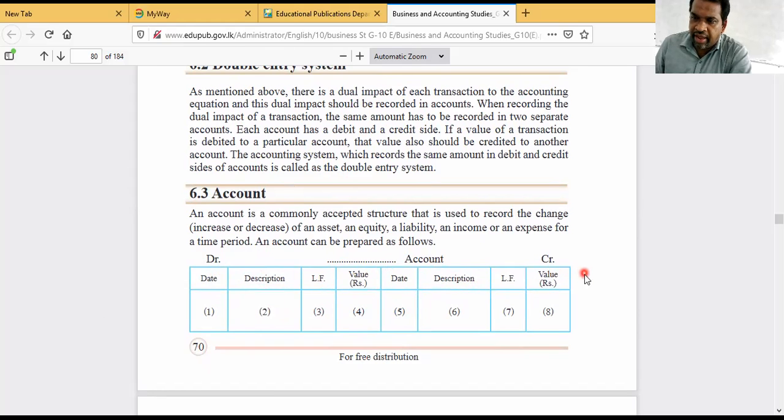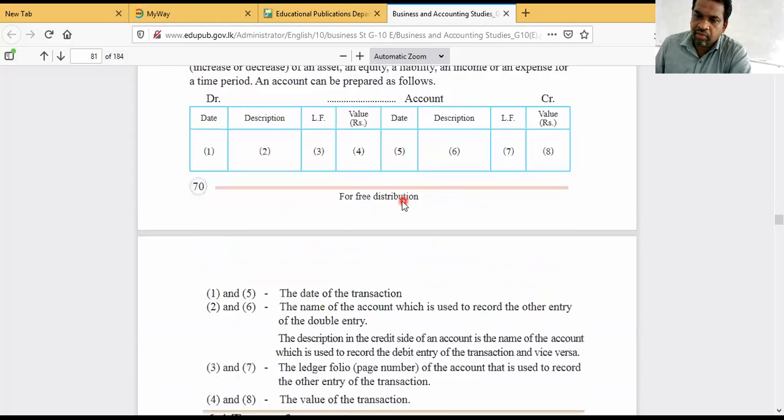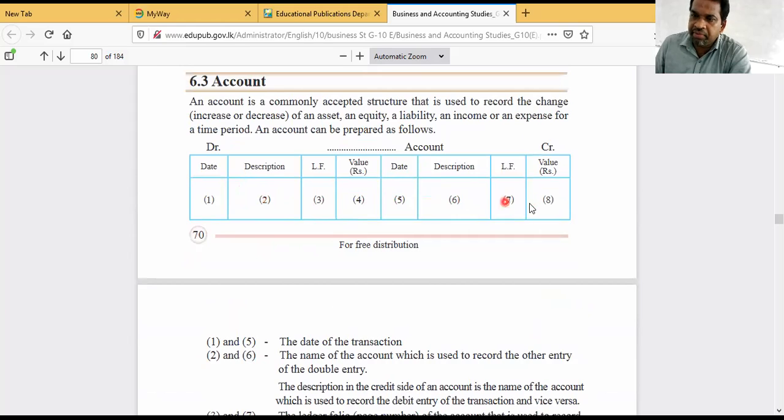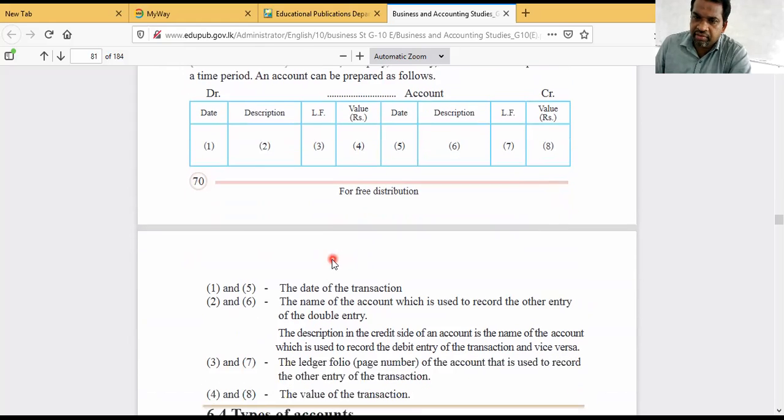We will further understand this when you record business transactions in this type of account. This is the original format of the account, so you have to be familiar with the structure of an account. If you take these columns, it is better to understand the nature of the account. As a new hand, you should know these things.